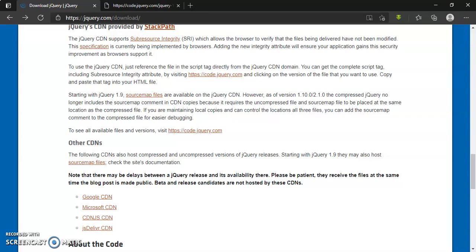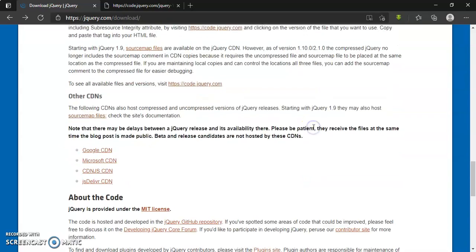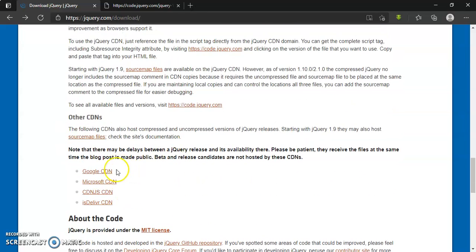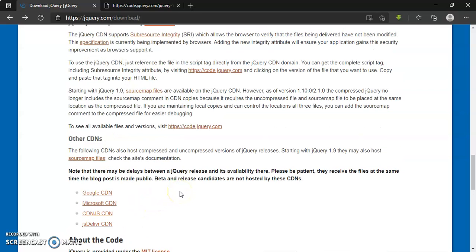Let's go to the jQuery website, and here you will find the CDN files. Here is the Google CDN, Microsoft CDN, CDNJS, and others. Different companies use this network. It provides us jQuery files, images, and web application files from this CDN network. This network is available for all the regions of the world. Presently, these companies help provide CDN files.